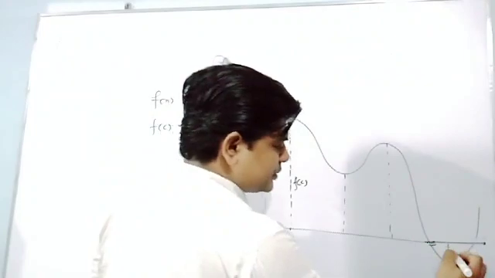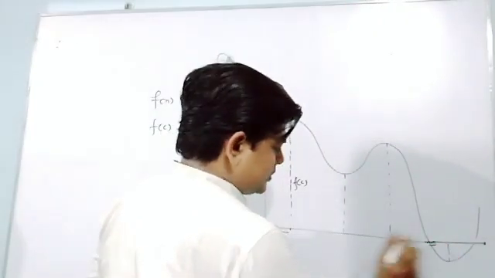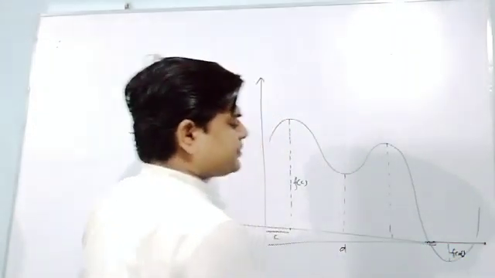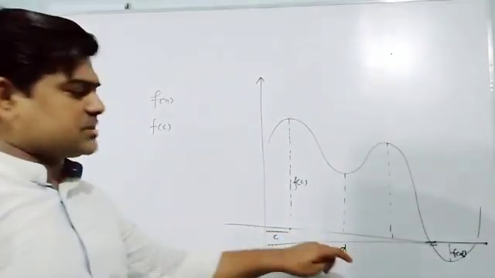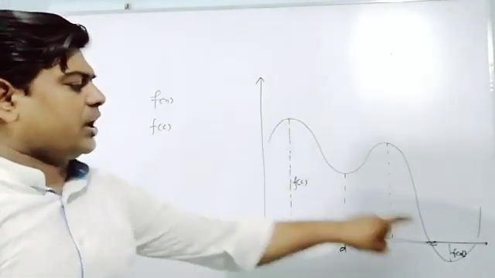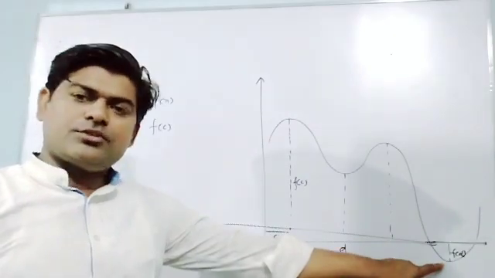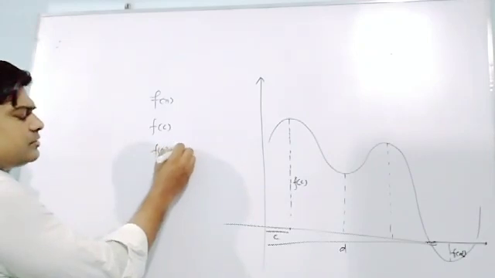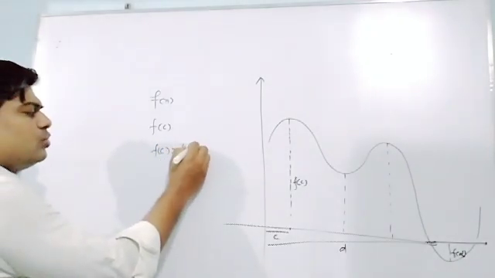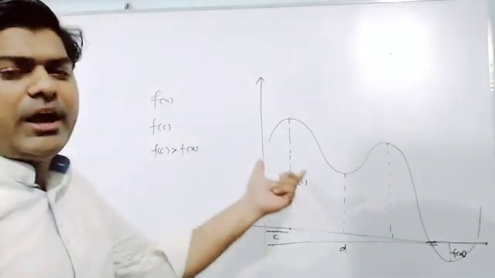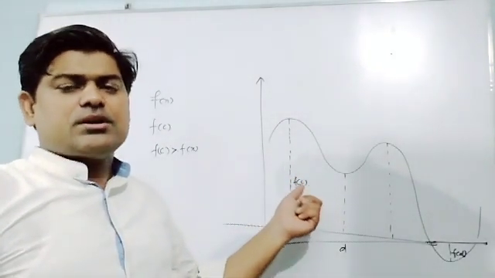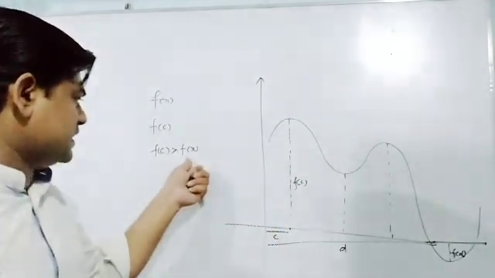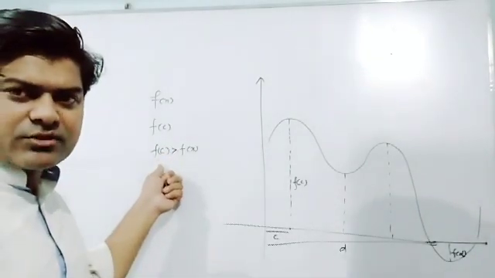If I take it as d, sorry, that whole is d, so I can say it is f(d). What we have seen from this graph, I can say that f(c) is the maximum and f(d) is the minimum. Now I can say f(c) is greater than f(x) for all the other values of x, maybe some other value I am taking except c, and for that value f(x) is less than f(c), so I can say f(c) is the maximum value.